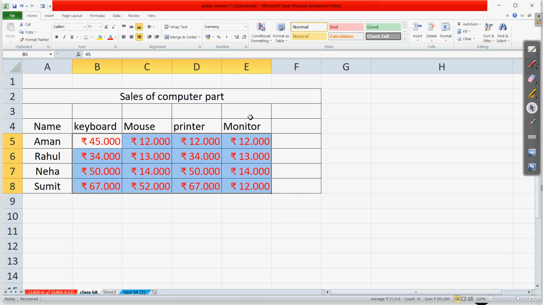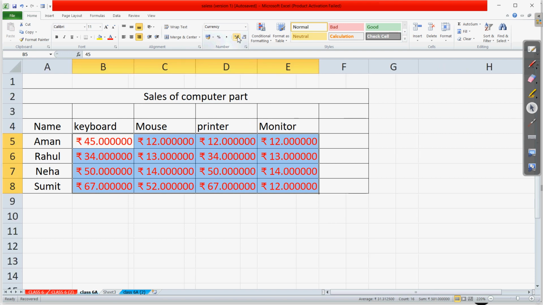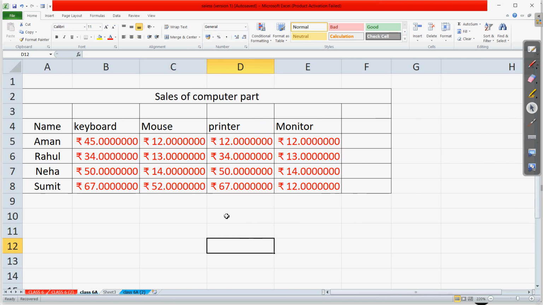Clear? Now if I again click on this, one more will be added. So if we keep on pressing this, the number of decimal points keeps increasing. After the decimal, the number of zeros is increasing. At the place of zeros, if there are some other values, the same can be written, meaning the number of digits after the decimal.